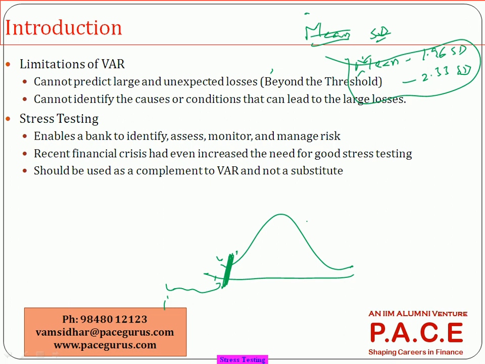But when some investor might have computed the VAR for the investments in Infosys, the mean and standard deviation, whatever would have come out, would have been purely based on those calculations. And they would have computed your VAR requirement to be much lesser also. There is a 1% chance that your loss would be more than 5% or 7% in a single day. But in the last year, there was a 22% fall on one single day, right? So the investor who had bought the shares of Infosys might have gone very heavily bankrupt also,